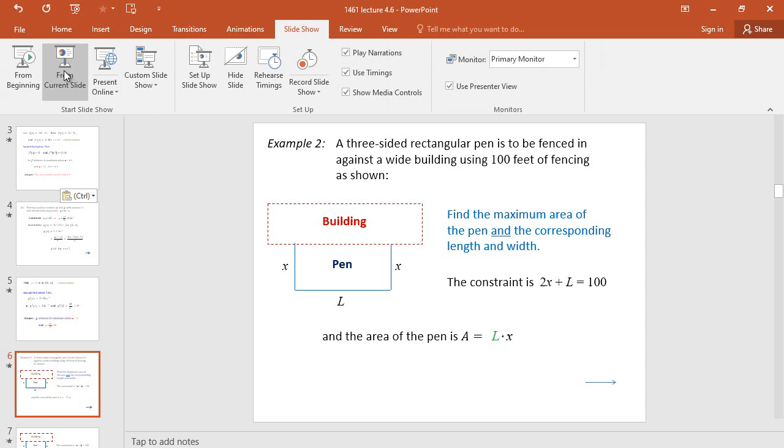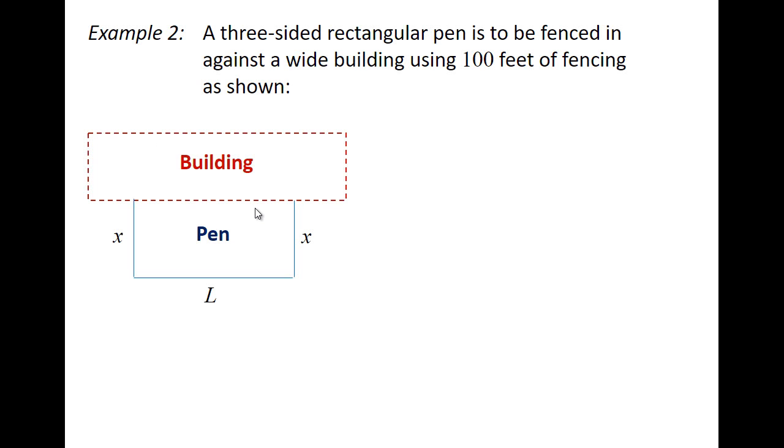Let's look at the following problem. A three-sided rectangular pen is to be fenced in against a wide building, as in this picture, using 100 feet of fencing as shown. So basically, we are creating a pen with 100 feet of fencing,